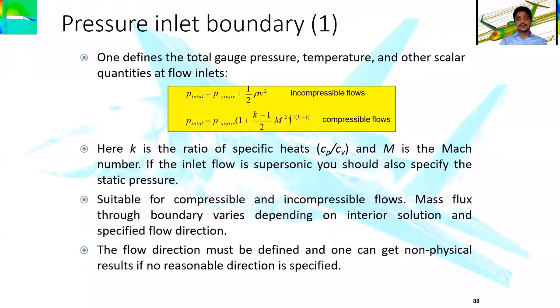So my compressible equations will differ from the incompressible flow conditions, right? In order to find the total pressure, P total is equal to P static into (1 plus (K minus 1) by 2 into M squared) to the power of K by (K minus 1). Now the question comes, where do these equations come from? These equations come from the isentropic flow relations, where we have obtained these equations for compressible flows, and where M is the Mach number and K is the ratio of specific heats, that is Cp by Cv.